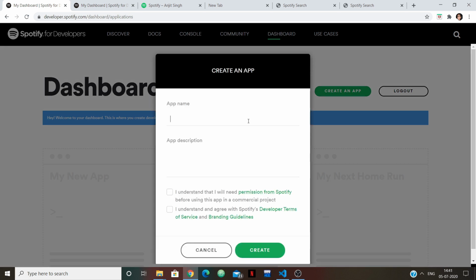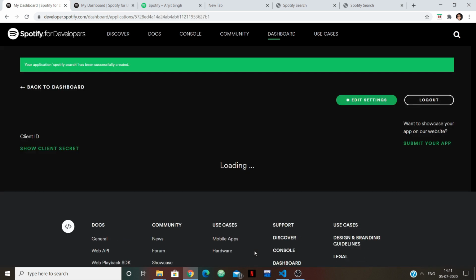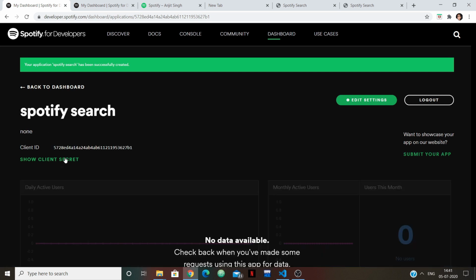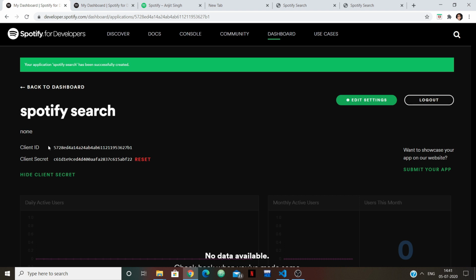Since our app name is Spotify search, I will use this. And for the description, you can write anything. For the time being I will write none, and just click on create. Once the app is created, you will see your client ID and your client secret. Just copy these two things, your client ID and your client secret,